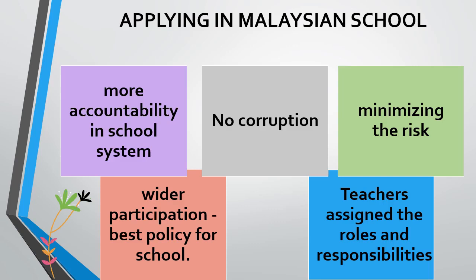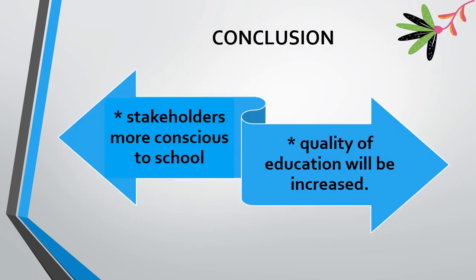Last but not least, the teacher management model by the participative leadership model is also important. The teachers are assigned roles and responsibilities in a participatory way where justice is made as far as applicable. For conclusion, the participation in school management, the active or substantial representation on behalf of the students, teachers,